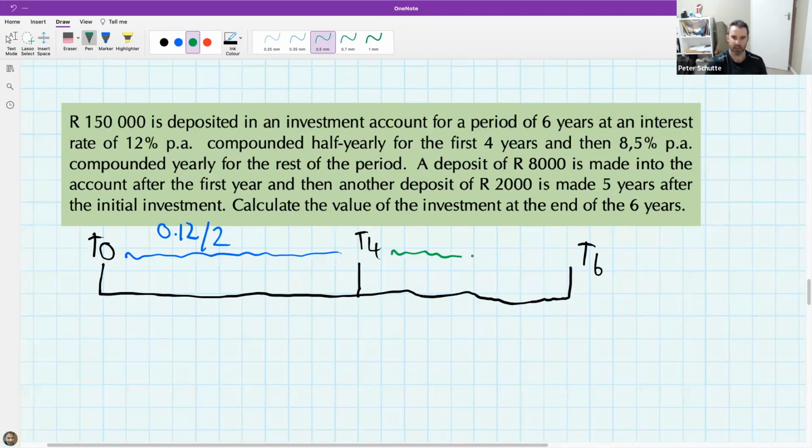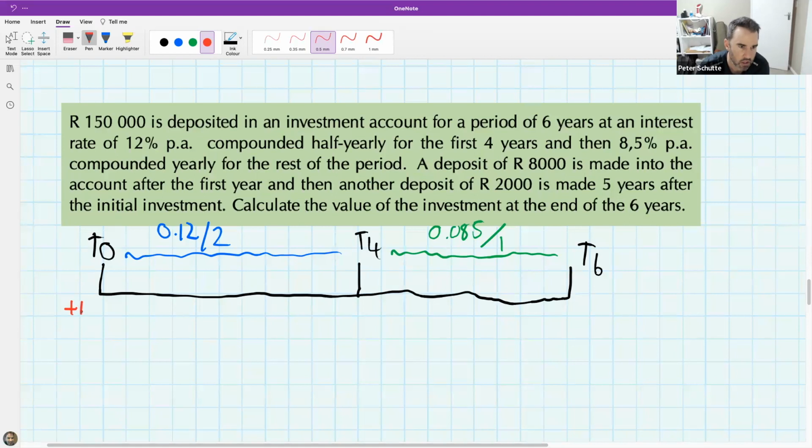And then it changes to 0.085 compounded yearly for the rest of the period. So compounded yearly is just going to be like divide by 1, or it stays essentially the same. Now, the interest rate changes are not that hard. What is a bit tricky is